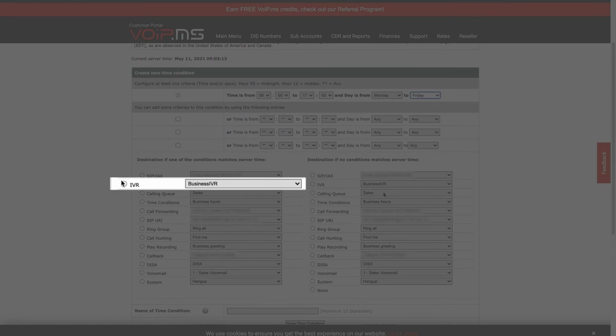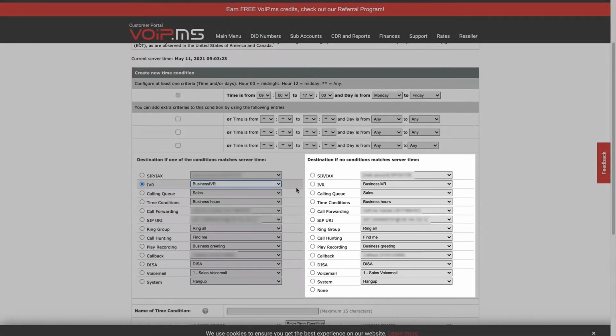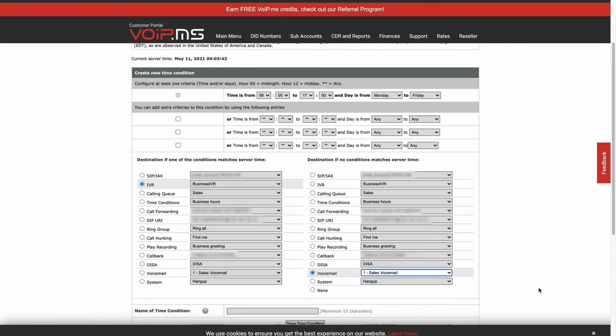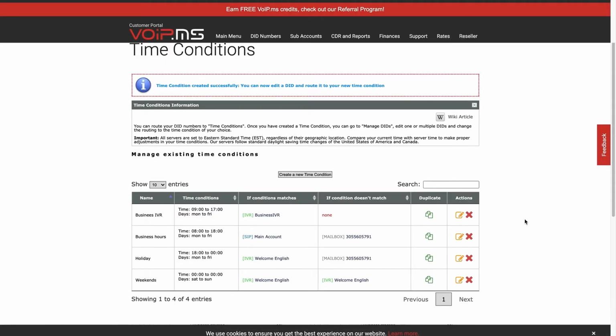Once your criteria have been configured, set the destination if the condition matches to your IVR. Then proceed under the option if the time does not match your criteria to your voicemail. I will set it to sales voicemail. At this point, you just need to set your time conditions to your DID.